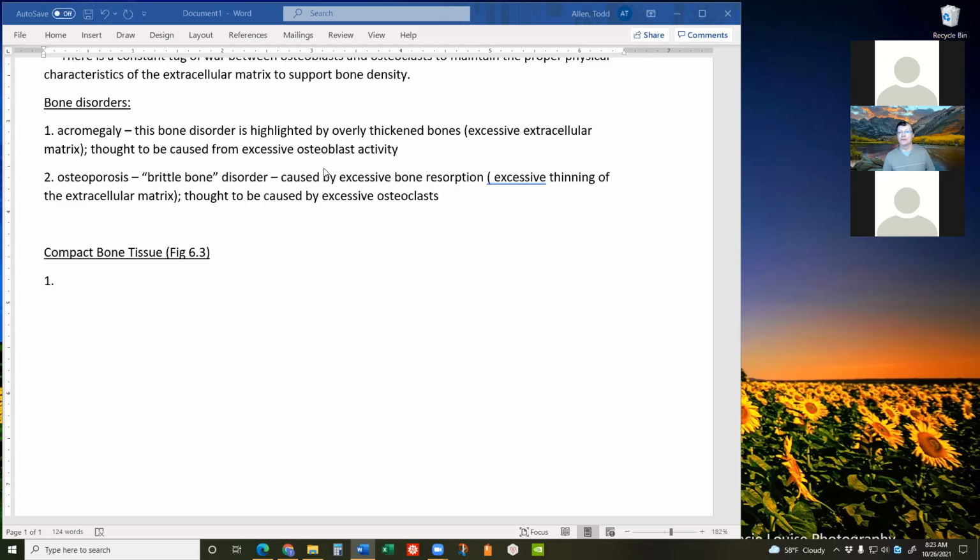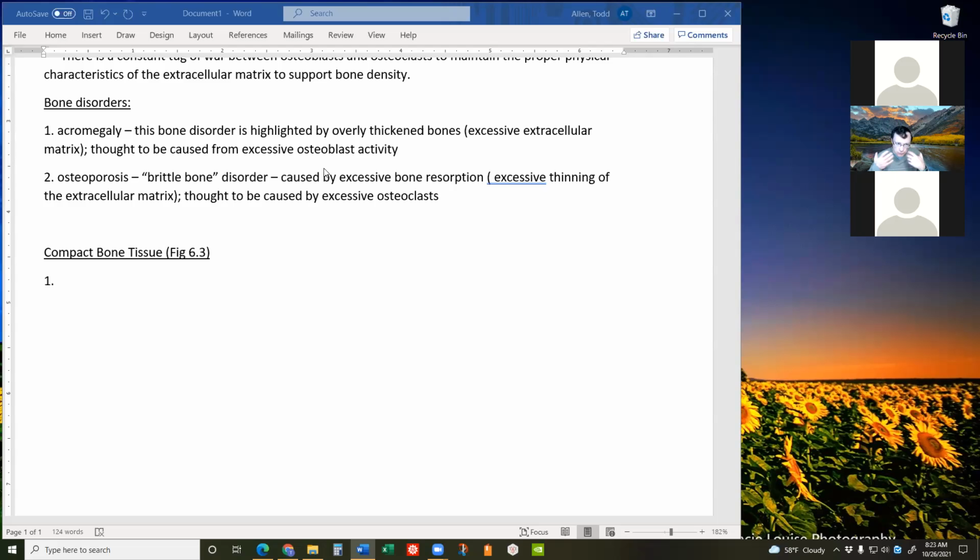Okay, the question is on figure 6.3: is the periosteum closer to the compact bone or the spongy bone? You can see, folks, that the periosteum is closer to the compact bone. So we know that the periosteum is on the surface of the bone, and it is closer to the compact bone, which tells